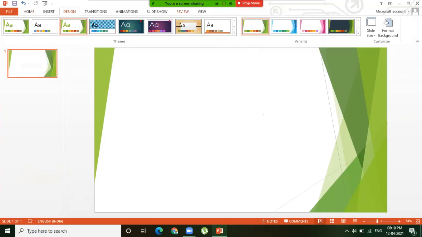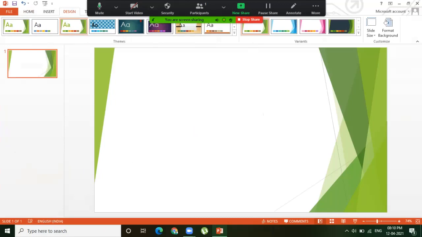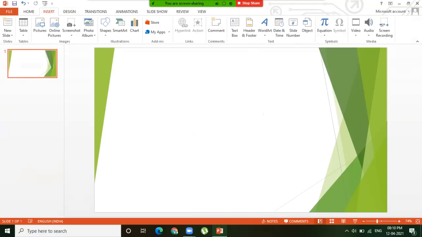Now, the first topic is inserting an audio clip to the presentation. Click on the Insert tab. Under the Insert tab, at the top right corner, you can see there is a Media group. There are three options. The first two options, which they have given in your textbook, are video and audio. First one, click on the audio button to insert an audio clip into your presentation.